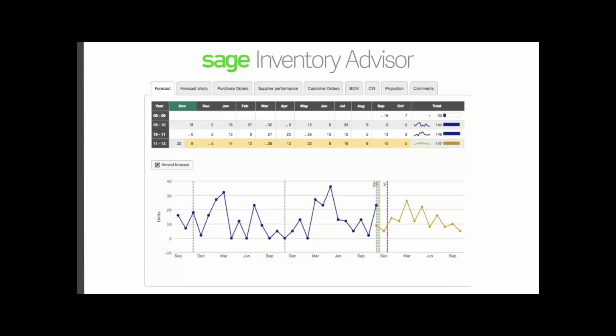This is a view of our forecasting from a bottom-up view, an individual item. We can see what the historical consumption of this item has been, whether it was in a sale or as part of a bill of material. And then we look at that pattern, we test it against our 15 or 16 different algorithms, and we produce a forecast that is the best fitting